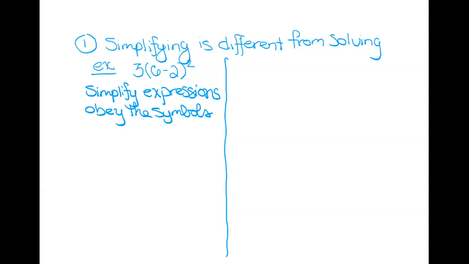So there's a few operations that have been indicated here. There's a subtraction, there's this multiplication, there's this power, and all we're able to do is obey those symbols. That's known as simplification. Does that make sense? Yeah. Okay, now solving, on the other hand, like that problem we just looked at,